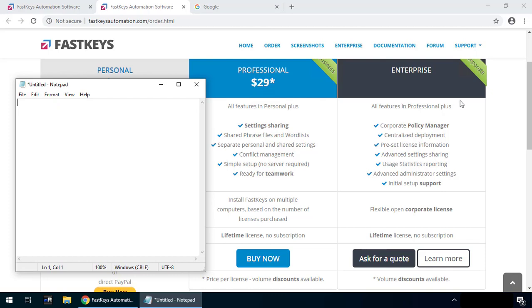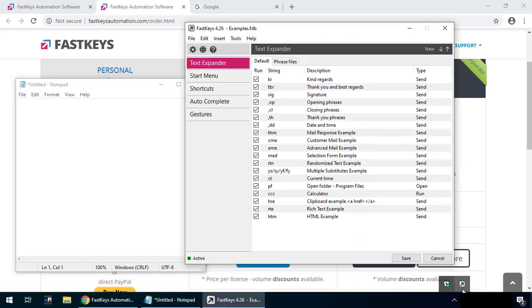Now, we're not just stuck with basic text insertion. This thing can do it all. It does everything I need. Let me show you this. If we go back to the software, and if you look down here a little bit, you see some things that stand out. And this is why these examples are so useful, because I'm too lazy to read through instructions, and I can just use these and customize them. It's perfect. So if I double click on this one with the YS in it,